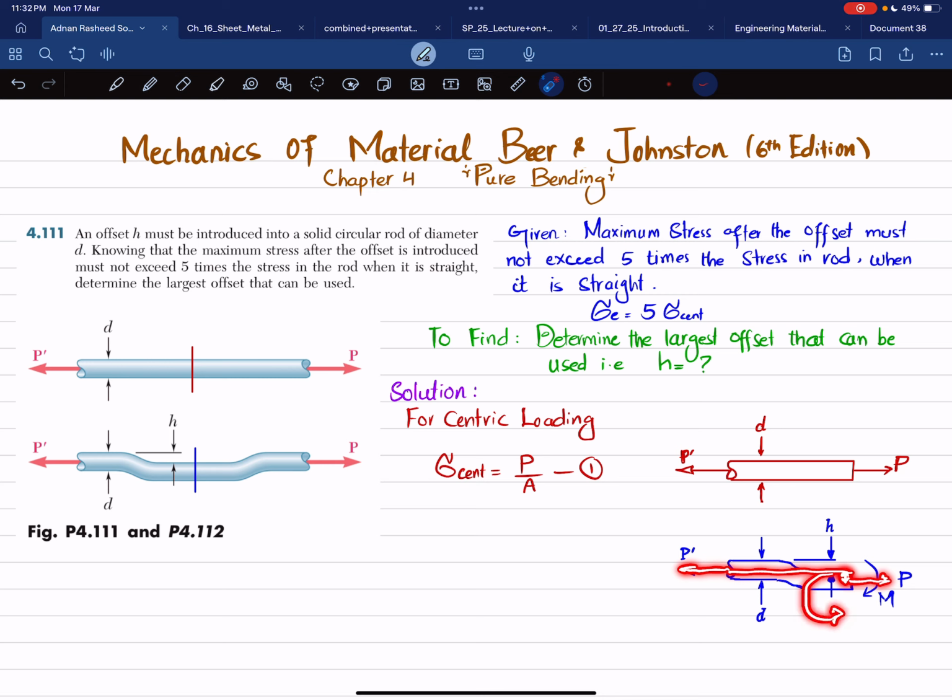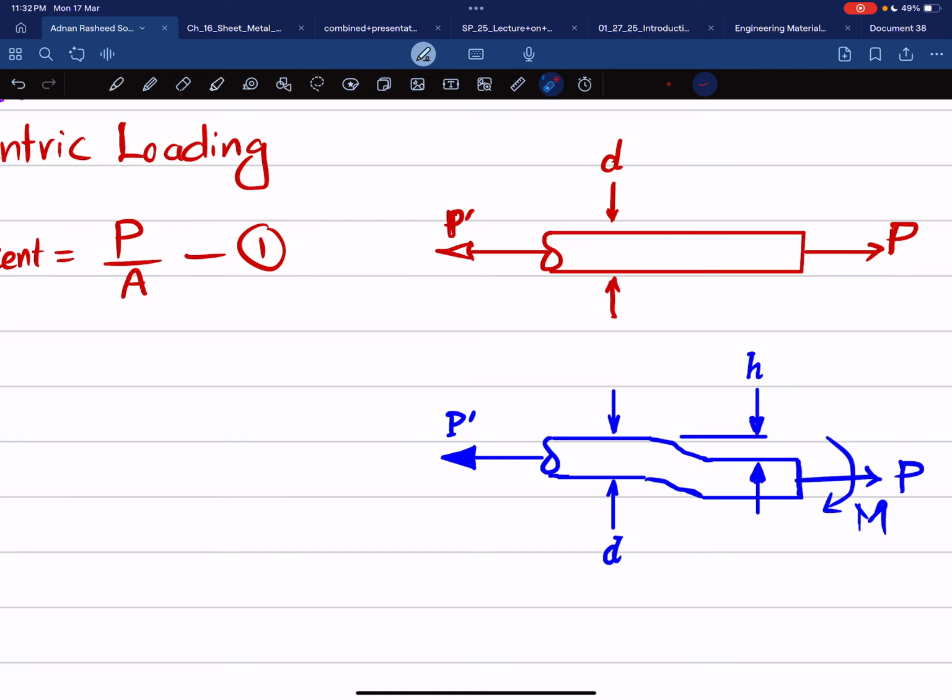and due to this it will create a couple like this. This moment will be equal to the product of the force and the distance between them. Let me show you what that will be. You can see the load offset distance from the top till here is H, and this load is applied exactly here. Similarly the same force acts here, and it is equal to half. So this is H, and P multiplied by H will give you this moment. So I can write it over here that